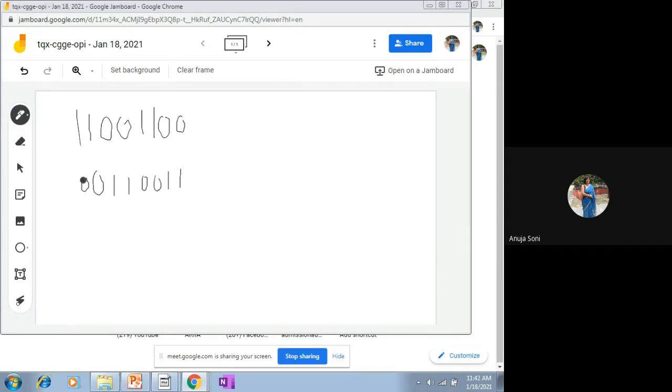Now in order to find out your 2's complement, you simply need to add the value 1 to the 1's complement. So 1 will be added. So this 1 and 1, basically 2 in decimal, and how will the number be written in binary? 2 corresponds to 1 0. So 0 will be written here, and this 1 will work as a carry. It will be placed on top of the next digit.